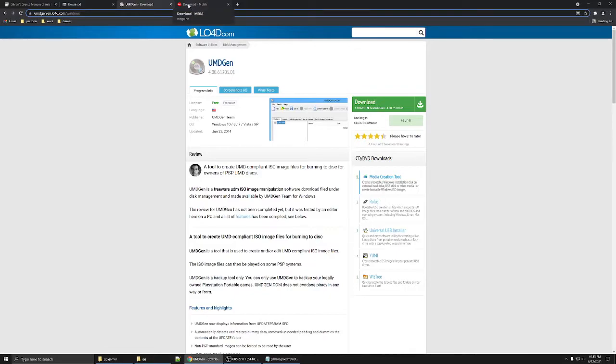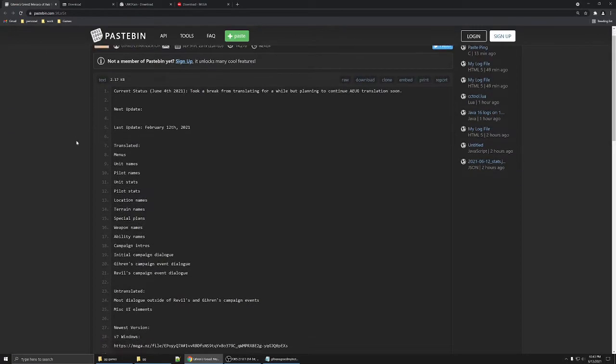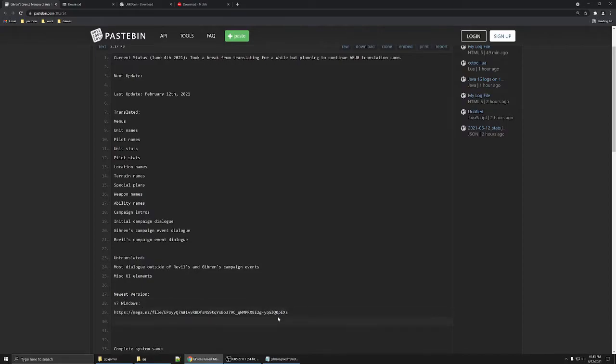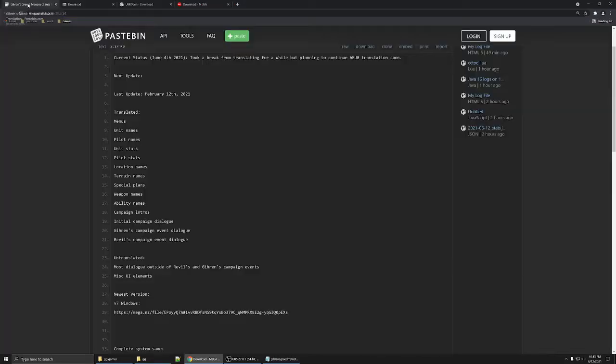And then finally, we have the mod itself. The source is in the comments at this paste bin, but more directly to version 7 here, you can go to Mega and download it directly. It's about 50 megabytes. Okay, so once you have all three of those things downloaded, go ahead and install 7-zip